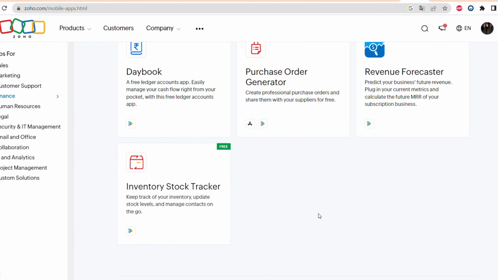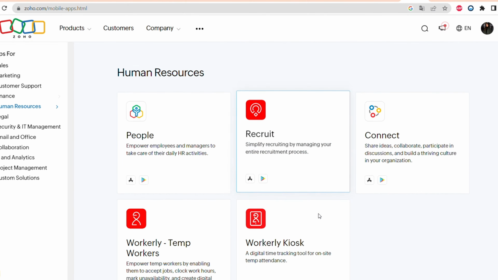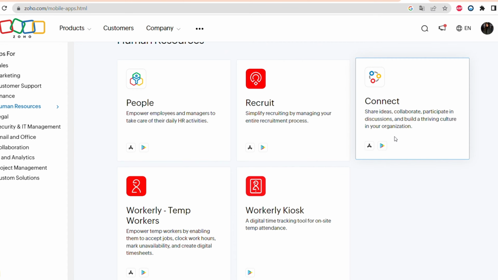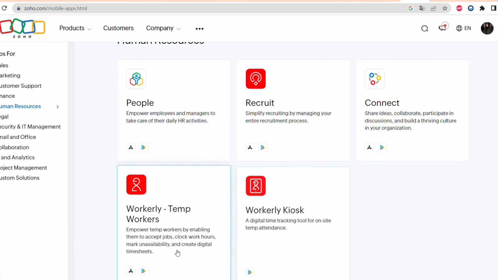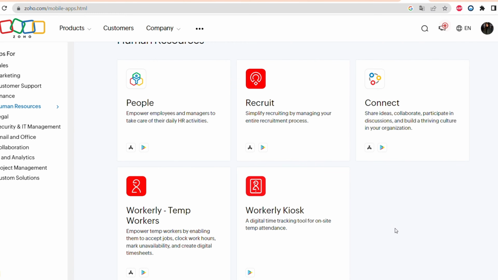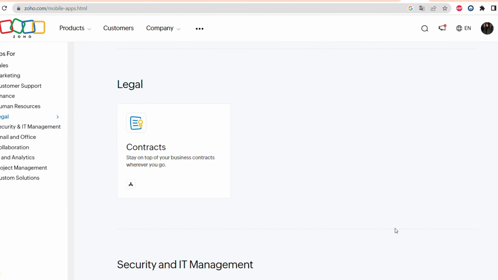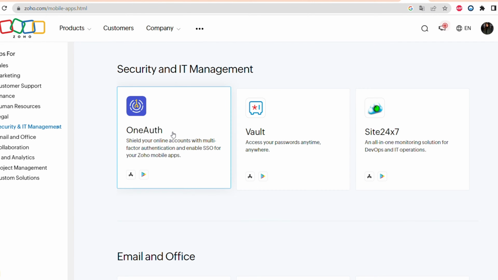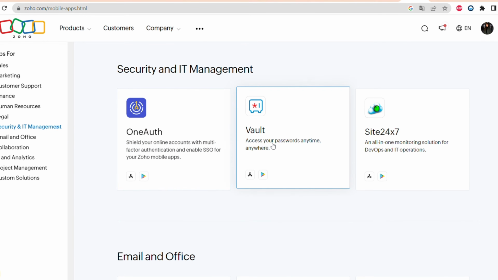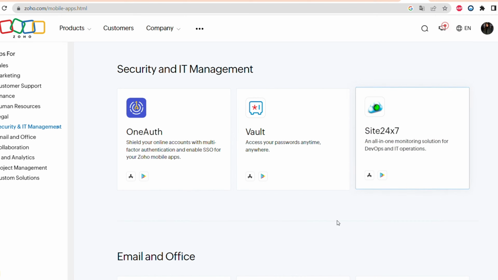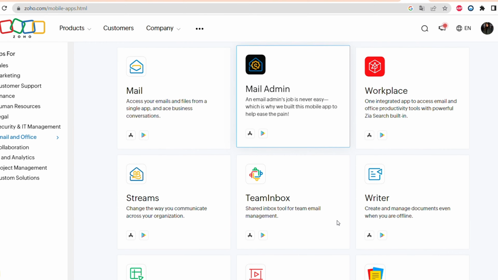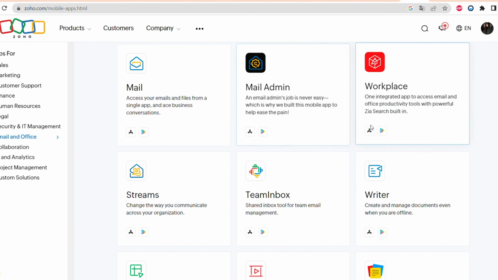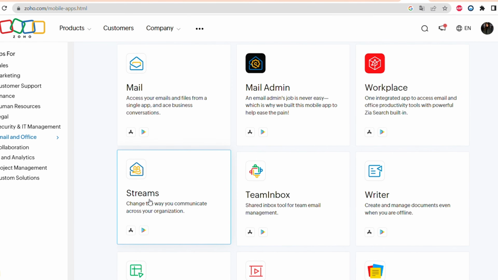For human resources, there's People, Recruit, Connect, Workerly, and Workerly Kiosk. There's also Zoho Contracts for legal apps. And also security and IT management includes OneAuth Authenticator, a very useful app that I would highly recommend downloading, Vault and Site24x7. For email and office, there's Mail, Mail Admin, Workplace, bundle of app, Streams, Team Inbox, Writer, Sheet,